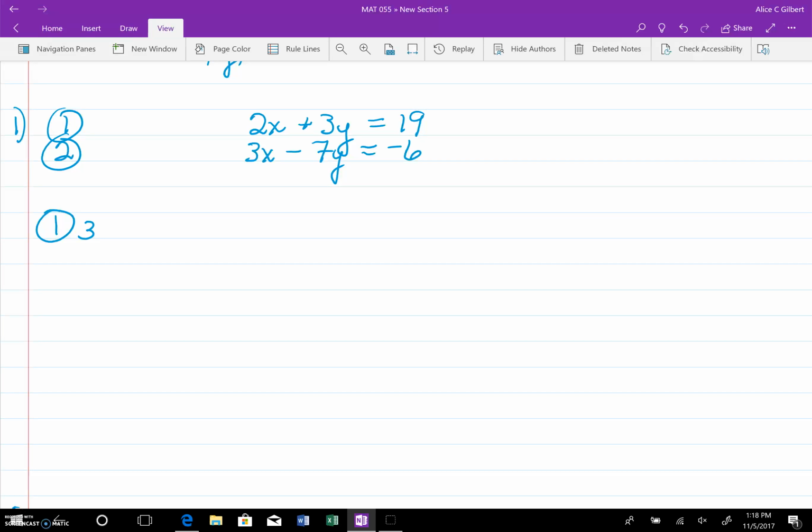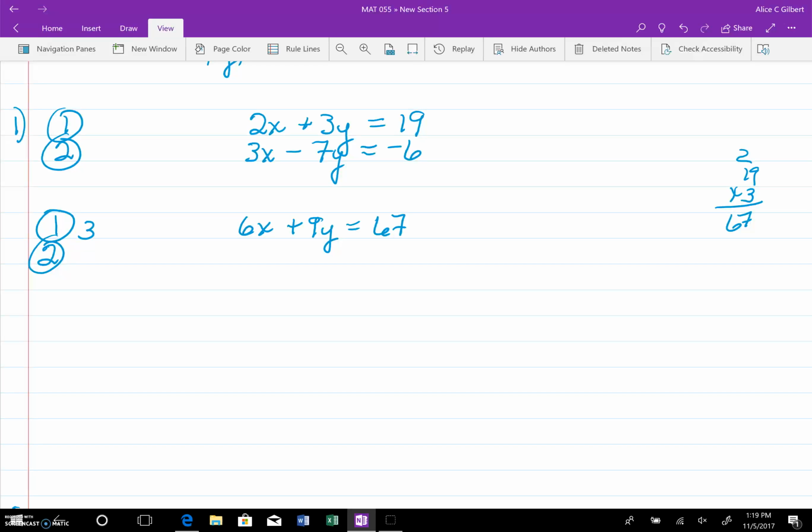so now I know that I'm going to have to multiply every term in the first equation by 3. So 2 times 3 is 6x, and 3 times 3 is 9y, and let's see, 9 times 3, that's 27, so 27. Okay? And then, now I need to remember that I'm going to have to make this second one